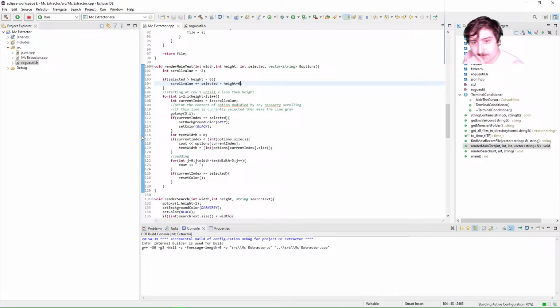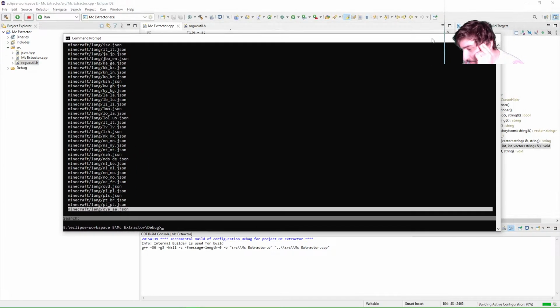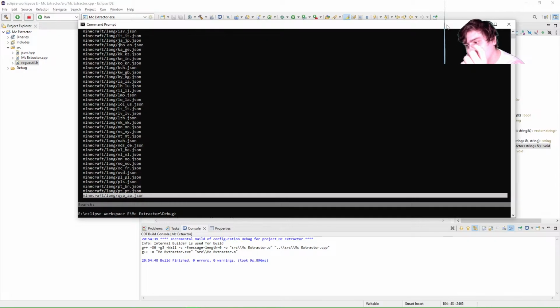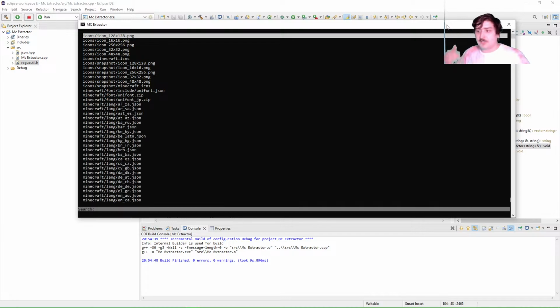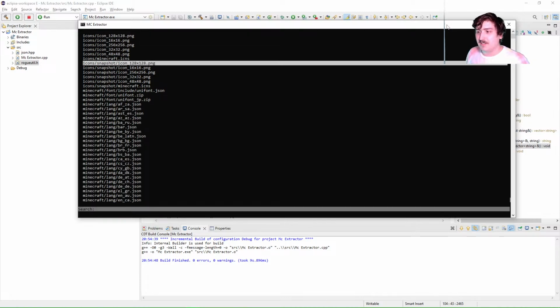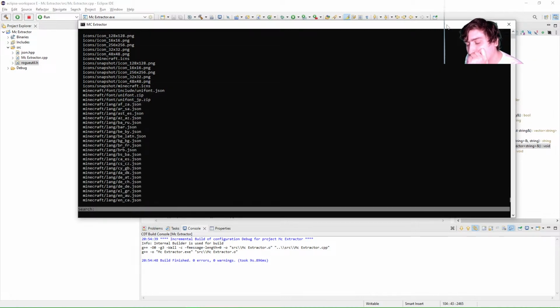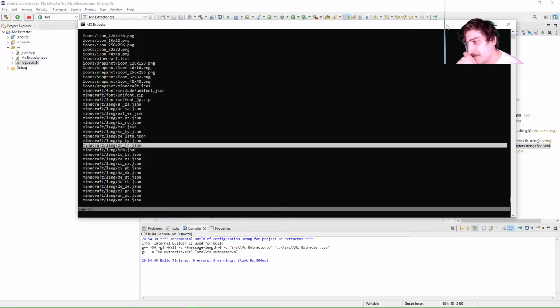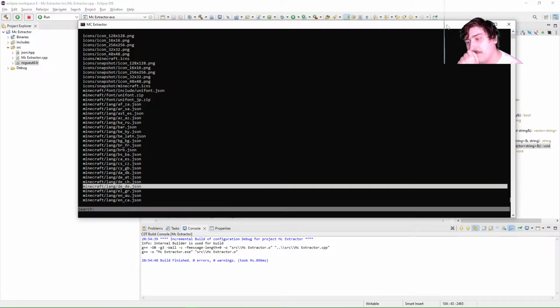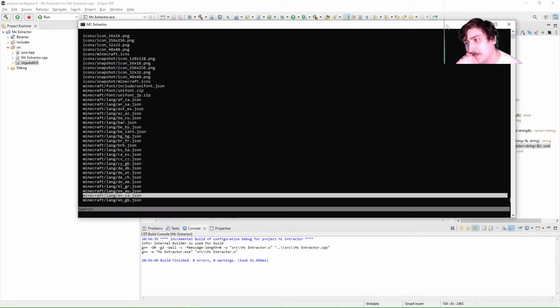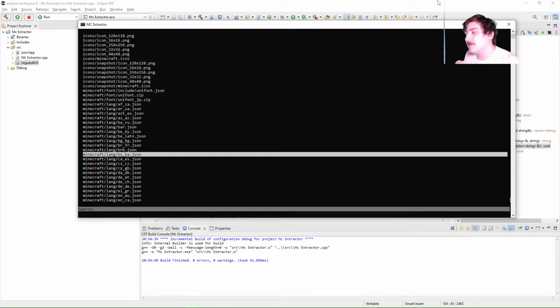I don't think anything's going to be realistically long enough to go over, so we shouldn't have to worry about this, unless they had some ridiculous name with a ridiculous file path in the future. Because, to be clear, this isn't all assets in the game. This is just most of the big ones, like language files here. Apparently snapshot icons. Yeah, right there, it stays one away from the bottom, but you still know who is actually selected there. And once we get back up to the top there. Okay, so